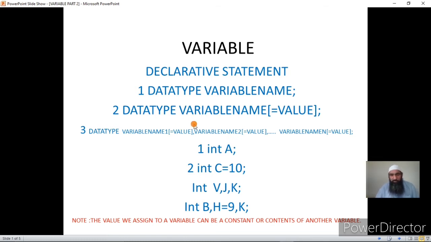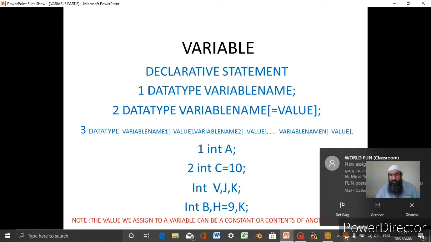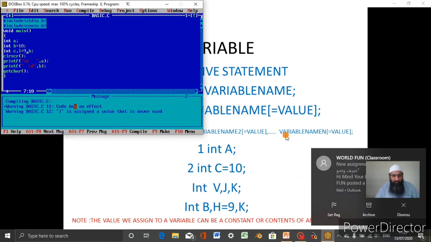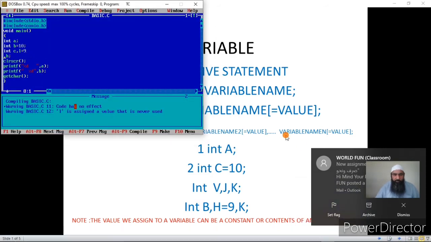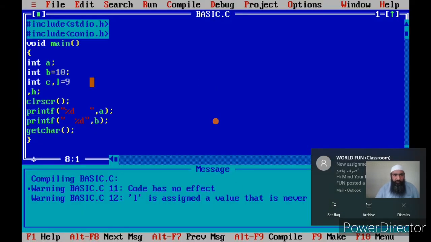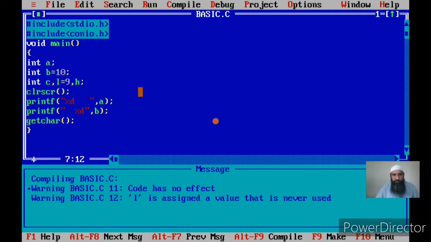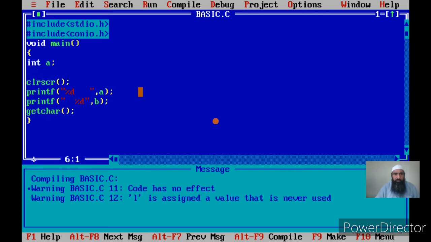I hope this is clear. Now there is one more option here. Go back again to the compiler. To make it clear, let me delete these statements. Yes, I forgot to tell you one thing.